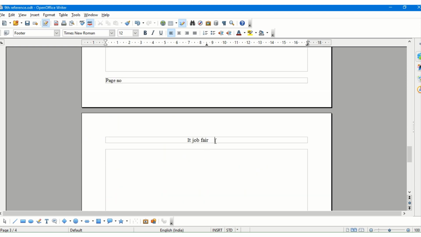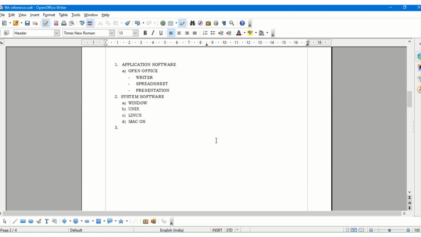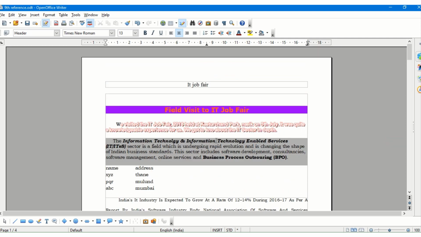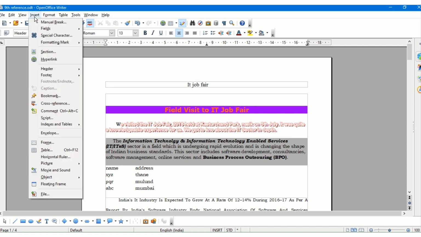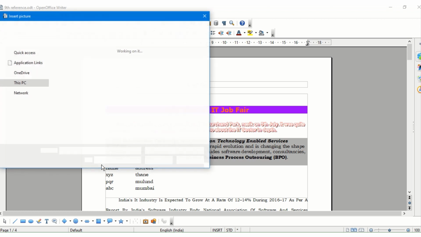See, on every page of the document, the header that I have displayed will be there, and the footer of the text. From here I can insert special characters also. I can insert anything inside my header and footer region from the options available. Generally in the header region you can insert the logo of the firm.